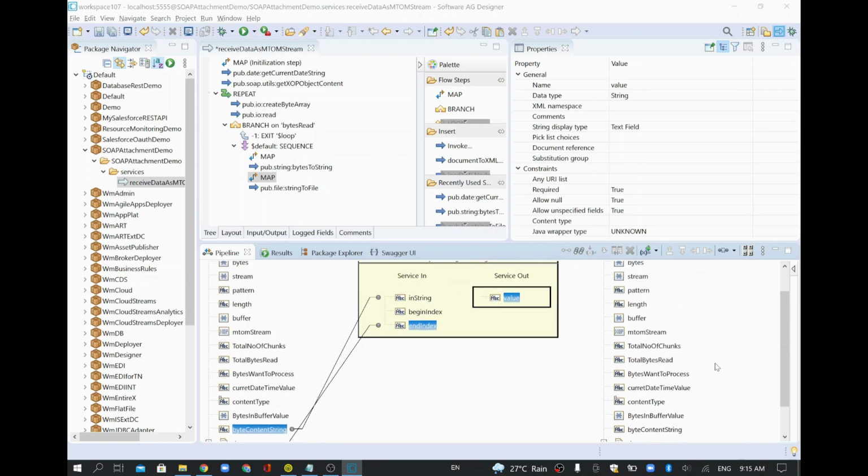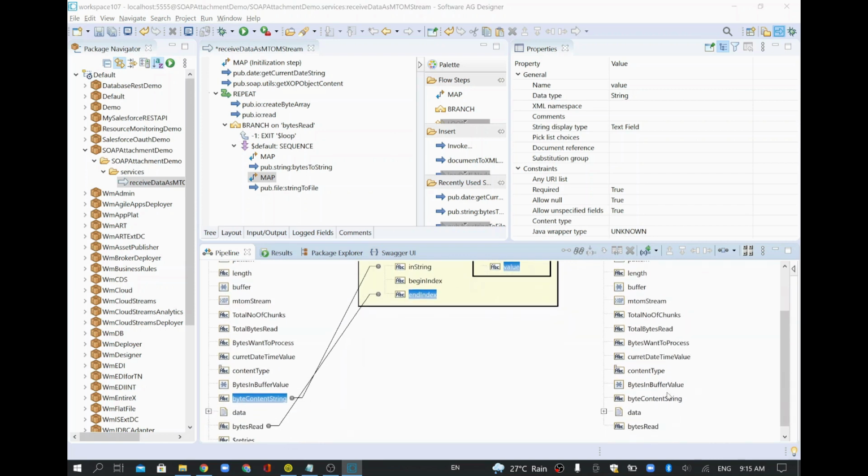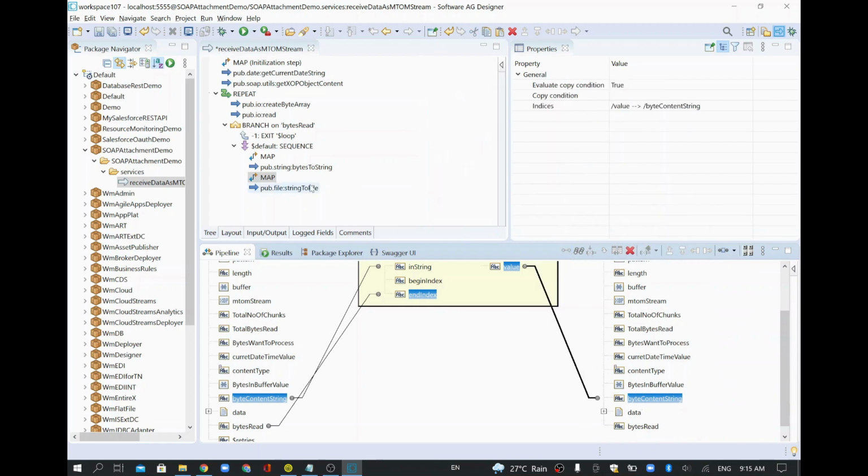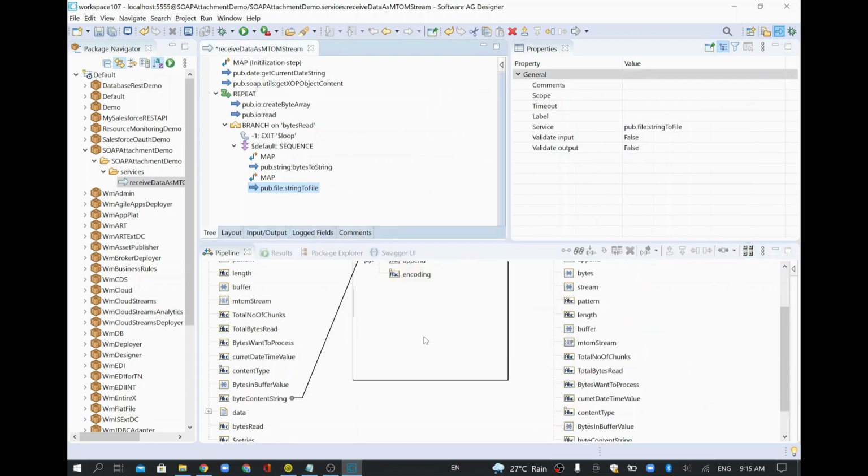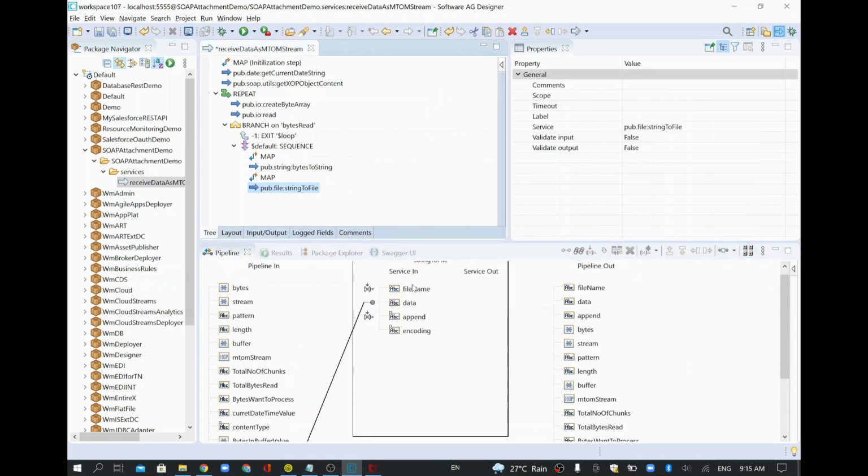This string is the same value I'm going to map. Now we mapped everything properly, and whatever we read will get appended in this data: first time 100 KB, second time 100, likewise 18 times 100 KB, and the last one only 21 KB, which will also be written.